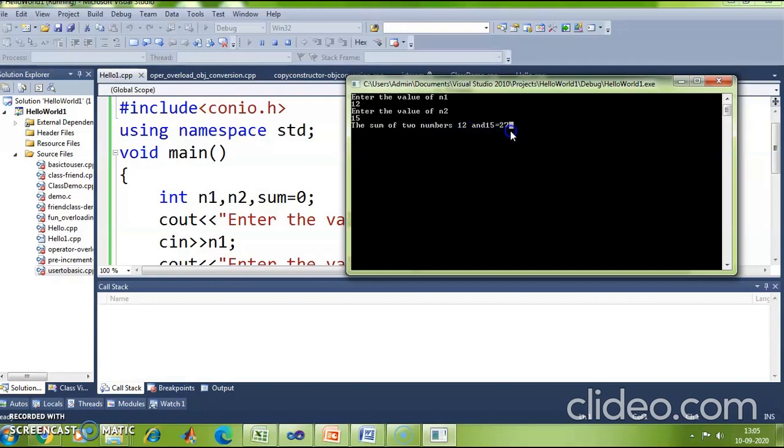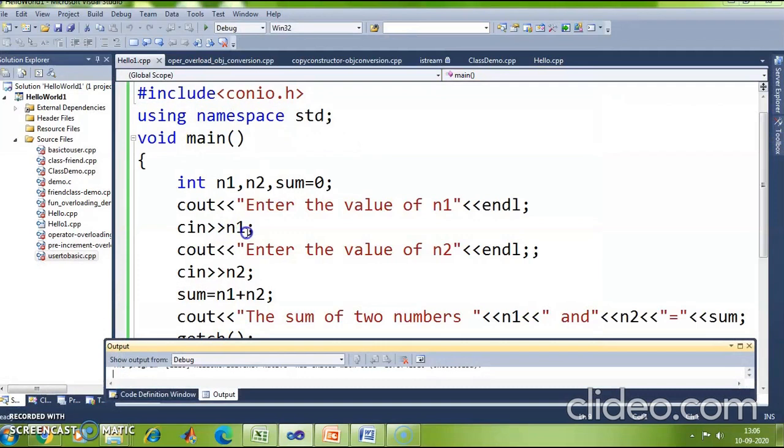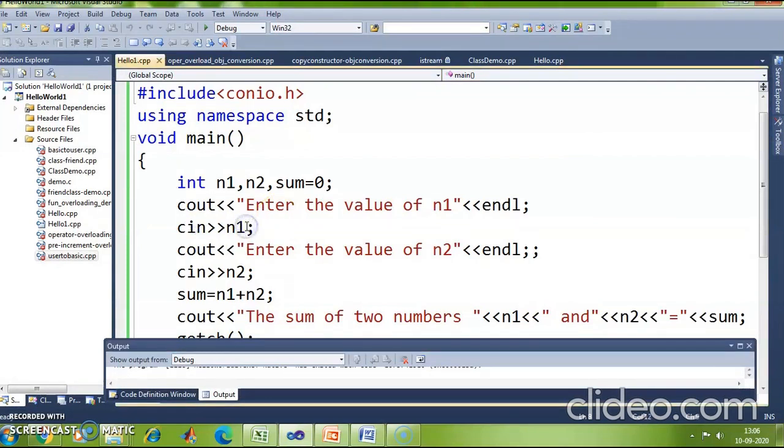So in this way you can both read as well as write the numbers on the screen. Okay. One more thing to be noted here. Some of you might ask me, can I read two variables in one single statement? Yes, you can read two variables in one single statement.